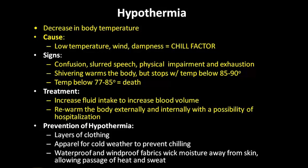Shivering aids in warming the body, but shivering stops when the body temperature drops below 85 to 90 degrees. And if the body temperature drops below 77 to 85 degrees, it can mean death. Treatment entails increasing fluid intake and rewarming the body externally and internally, with a possibility of